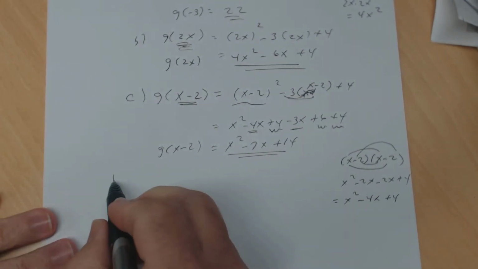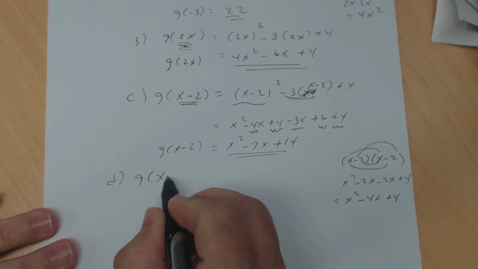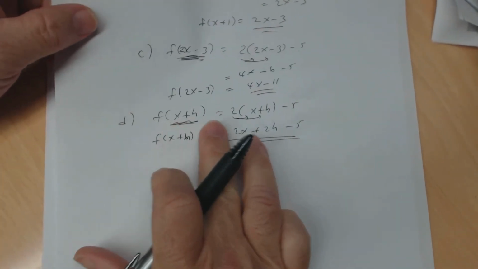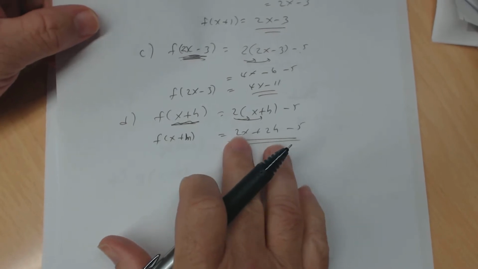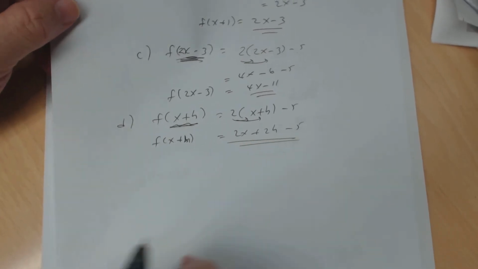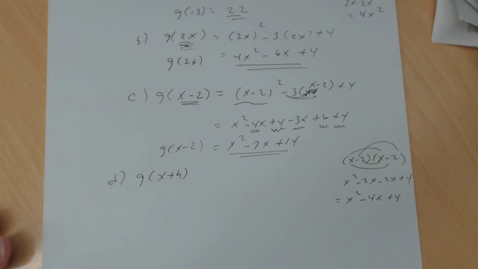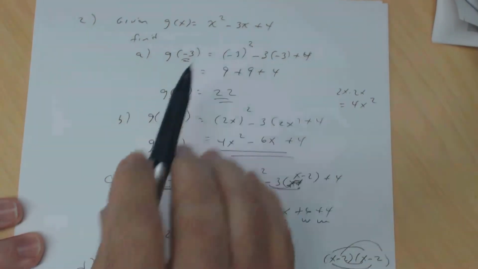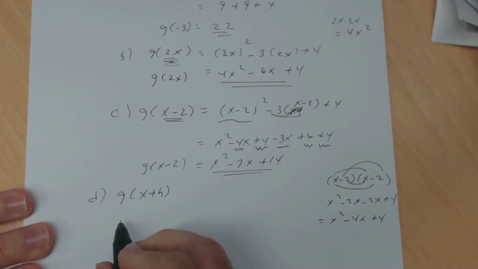All right, D. Suppose we had g of x plus h. Now watch how that one's going to differ. Remember a while ago where we had this f of x plus h, and you had terms with x's in it, terms with h's in it? All right, let's see what happens here. Wherever you see the variable x, I'm going to plug in x plus h. So I'm going to get